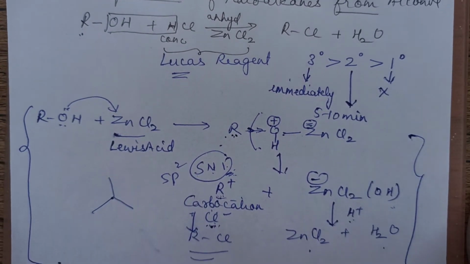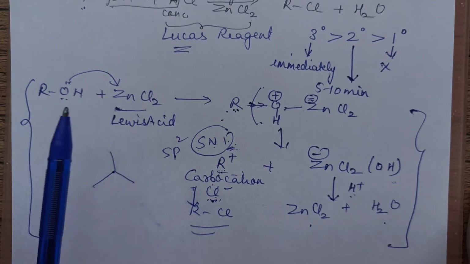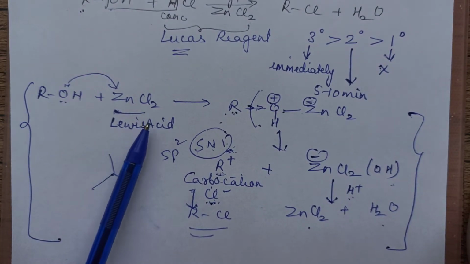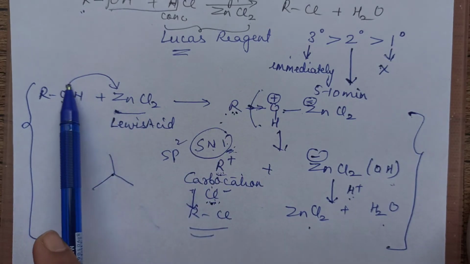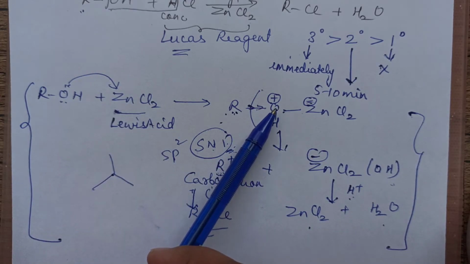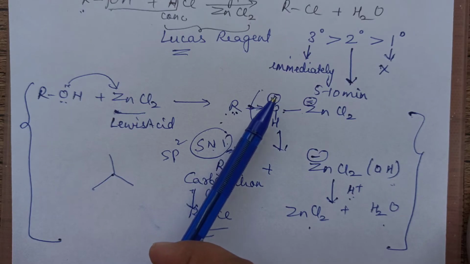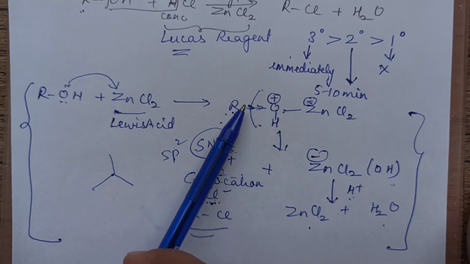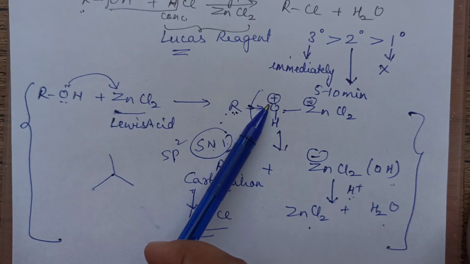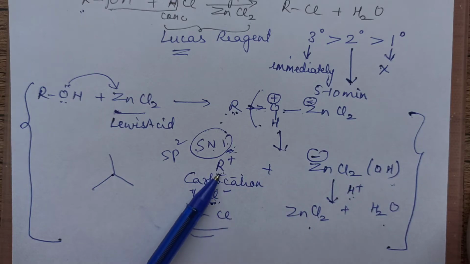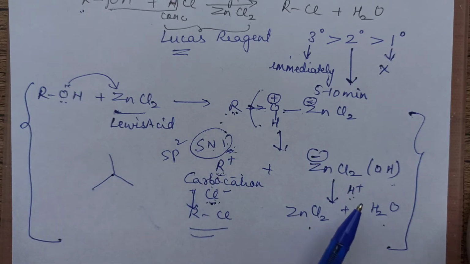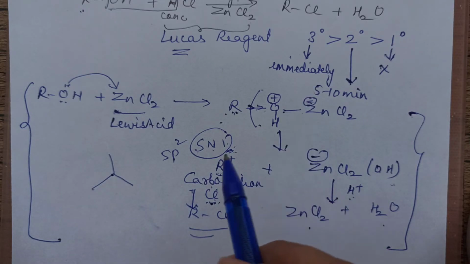Is it clear? I hope the mechanism is also clear to you. I'll just repeat quickly. This is the Lewis acid. Alcohol gives a pair to the Lewis acid and forms a dative bond. So when this has gone here, this now has one electron pair less, so it gets a positive charge. Now when this gets a positive charge, it tries to pull the electrons from R to compensate the loss, and it succeeds in getting it. You will get this. R gets positive, and from HCl, H goes here, this forms water, ZnCl2 is obtained back, and R with Cl minus will give this. As of now, you can just remember this much.